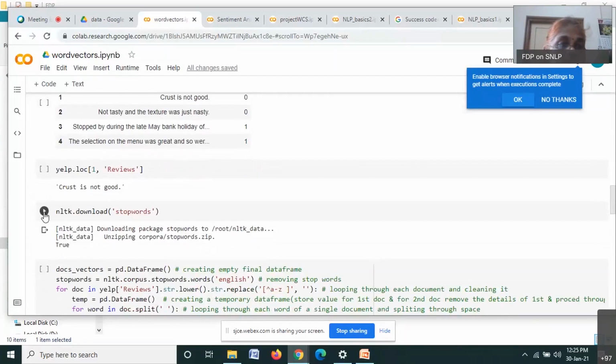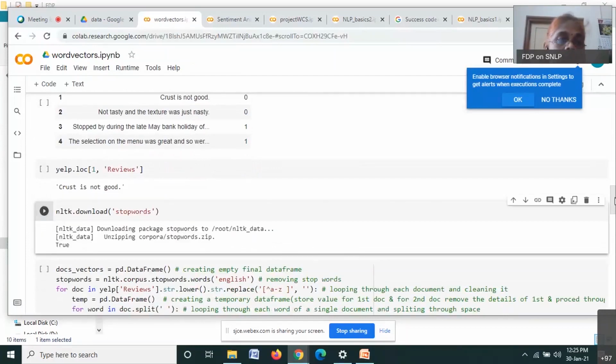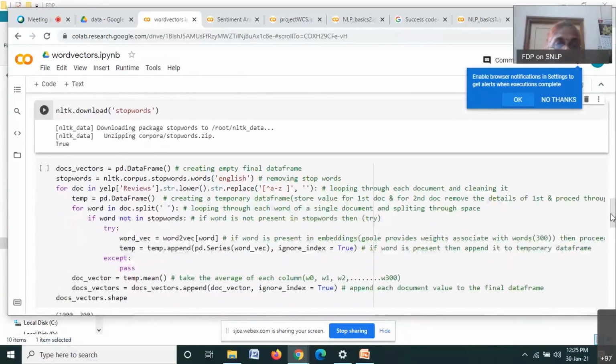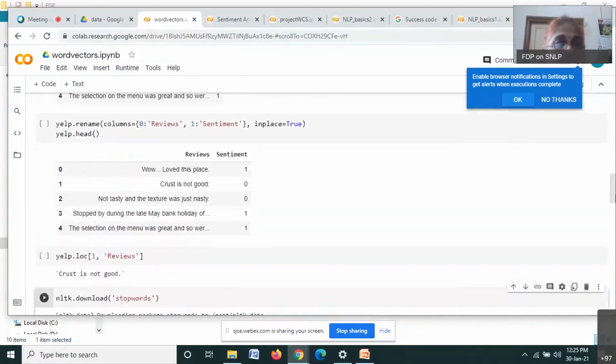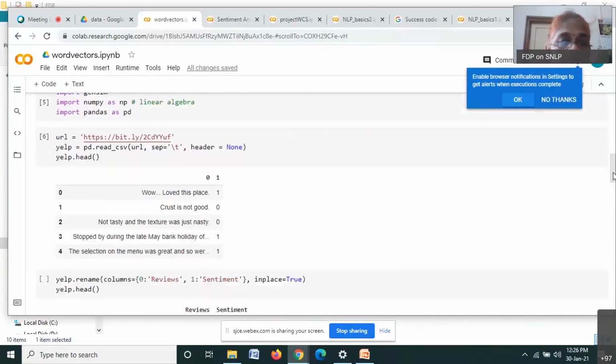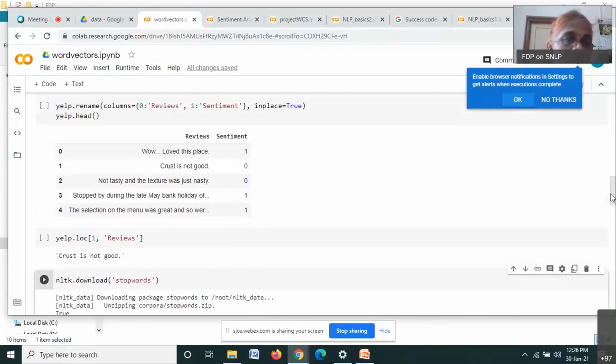So download the stopwords. NLTK has so many stopwords for so many languages. You can download it. Now you can see this word2vec. We have the word vectors in this word2vec. What we want is, for this data, these are the sentiments. For example, consider "oh, loud this place." "This" will be removed because it is a stop word, so we are left with oh, loud, place.